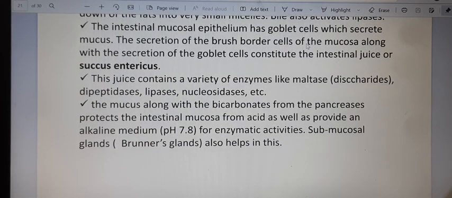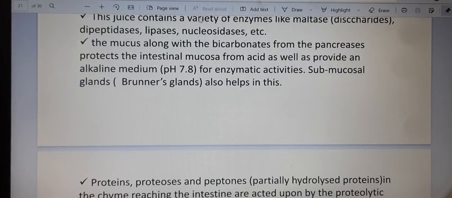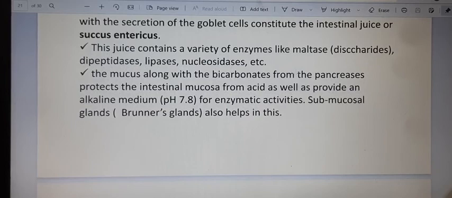Then the intestinal mucosal epithelium also has glandular cells, the goblet cells, which secrete mucus. The secretion of brush border cells of the mucosa, along with the secretion of goblet cells, constitutes the intestinal juice or the succus entericus. So the intestinal juice secreted in the intestine by the brush border cells of the mucosa along with goblet cells is called succus entericus. Then this juice contains a variety of enzymes like maltase, dipeptidase